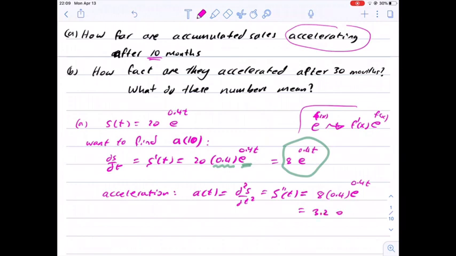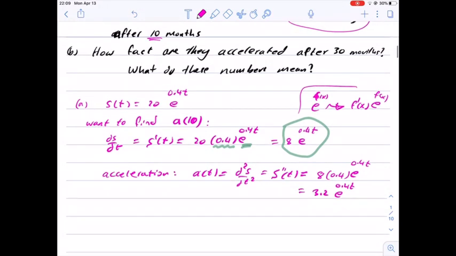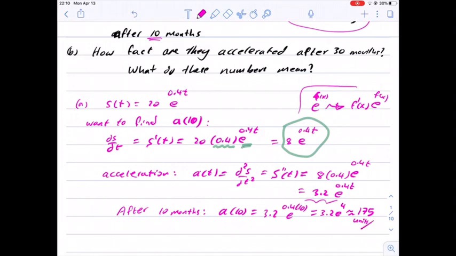This gives us 3.2 e to 0.4 t. So this is acceleration. We want to find it after 10 months. So that means a of 10 is equal to 3.2 e to 0.4 times 10, which is equal to 3.2 e to the power 4, and using the calculator we can approximate this by 175 units per month